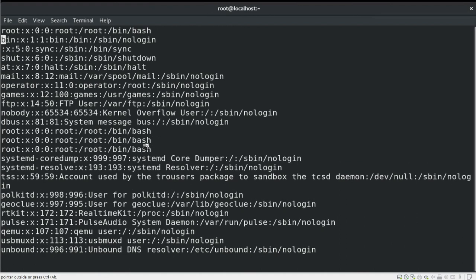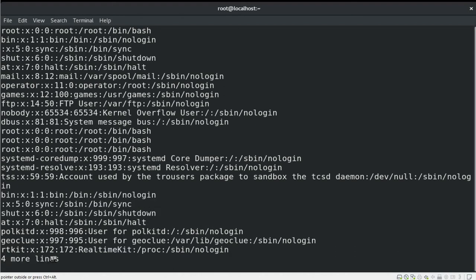Let's consider I would like to copy 4 lines from my cursor point. First of all, you have to press the number 4 on your keyboard and then yy. It will show you "4 lines yanked". That means 4 lines are copied. And wherever you want to paste those 4 lines, you have to move your cursor and press p. That will paste your copied 4 lines. So this is how you could use command mode to accept keys instead of typing into the file.